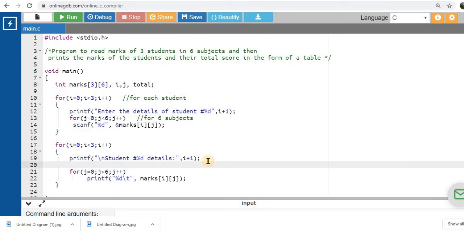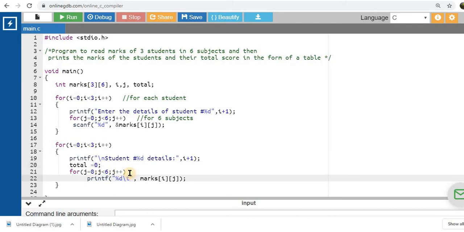Inside the I loop, just before I read the marks of a particular student, I initialize the value of total to 0. I'm going to reset the value of total for each student and then go on adding the marks of that particular student. So inside the I loop, I'm going to reset the value of total to 0.